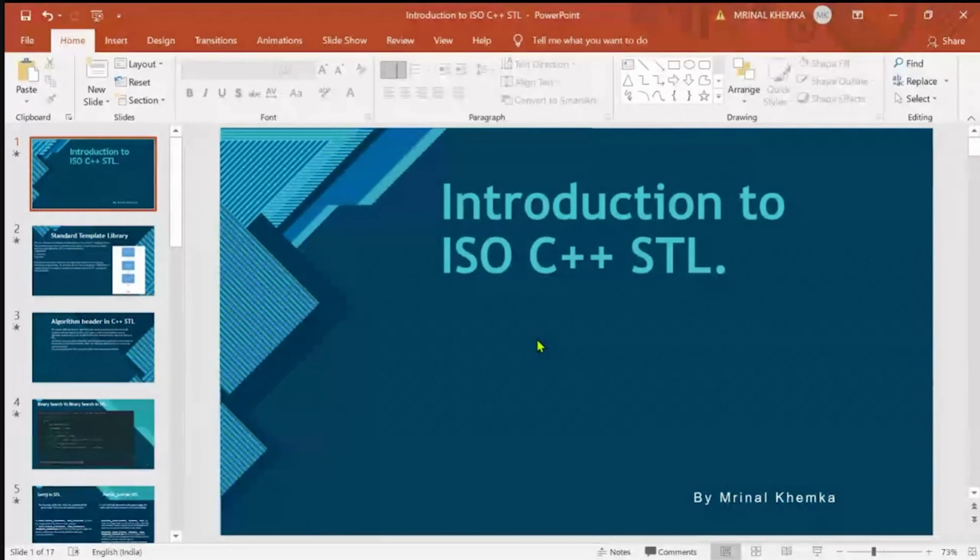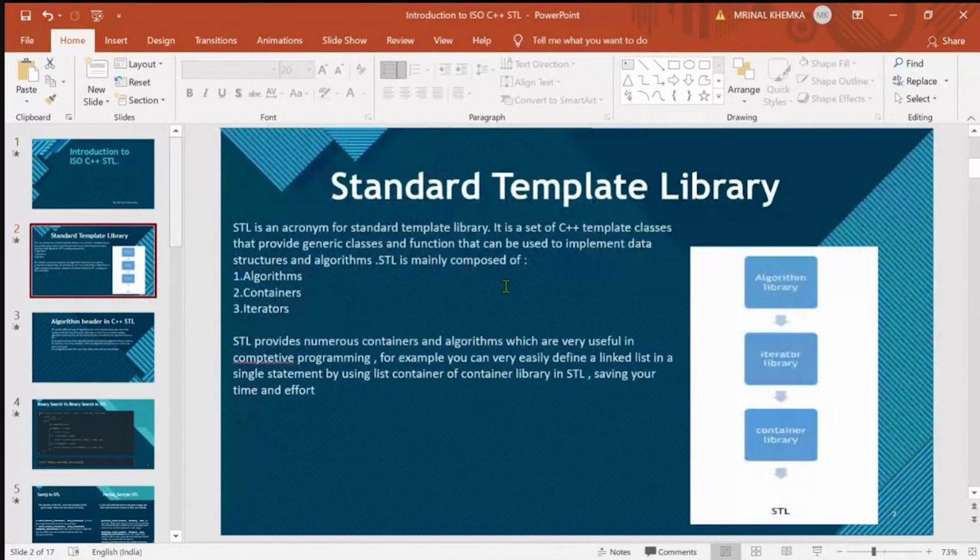Okay. So I'm a CSE student, and I'm going to be your host for today's session on Introduction to the C++ STL. So let's get started. STL is basically an acronym for Standard Template Library. Before knowing more about Standard Template Library, we have to know what is a template. For example, suppose a company wants a sorting function such as bubble sort or quick sort or selection sort for different data types, so they have to write the same thing multiple times for different data types.